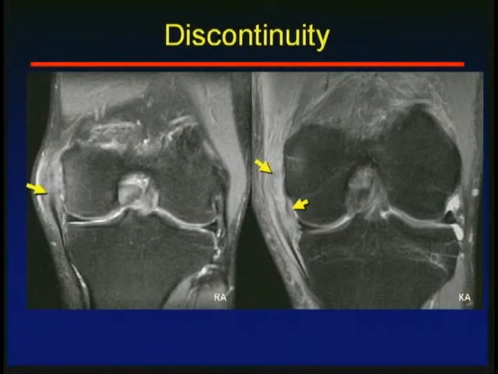As the injuries get more severe, you'll actually see discontinuity. This is often seen in the healing phase because part of healing of ligaments involves resorption. So if the patient is more subacute, the ligaments will often look more abnormal than if you image them acutely. But we see here that the ligament has been completely resorbed and both the superficial and the medial ligaments are damaged. When you have deep ligamentous injury, also pay very close attention to the meniscus, because meniscocapsular trauma is seen in this kind of setting. So far vertical peripheral tears can be seen in the patients that have had injury to their deep medial collateral